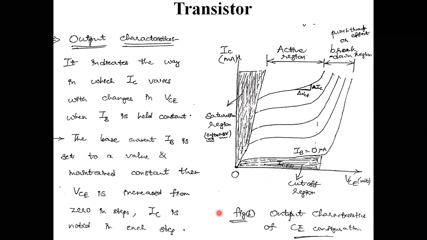After plotting the output characteristics and input characteristics, what are the regions present in these curves? We are definitely supposed to write these for these characteristics. The cutoff region is below this one, where IB is equal to 0. Even though no voltage is applied, no current flows below this, IB is equal to 0. I take that region as the cutoff region, and on the left hand side I obtain the saturation region, in the middle the active region, and in the extreme condition the breakdown region.